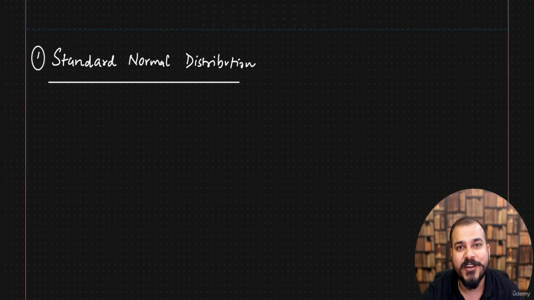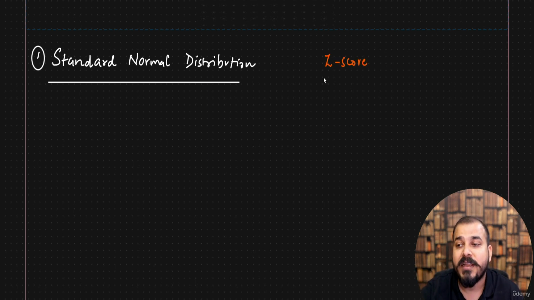Hello guys, we are going to continue a discussion with respect to statistics, and in this video we are going to discuss about standard normal distribution. Already in our previous video we have discussed about normal distribution or Gaussian distribution. In this standard normal distribution we are also going to discuss about a very important formula which is called as